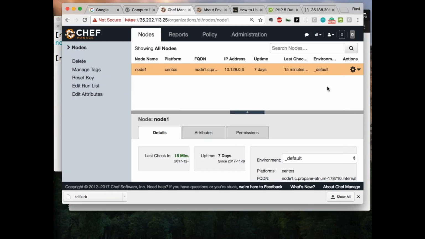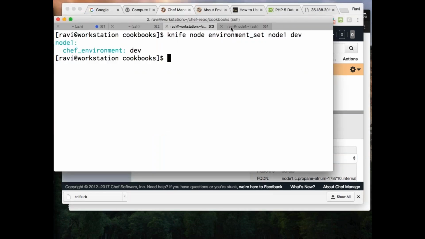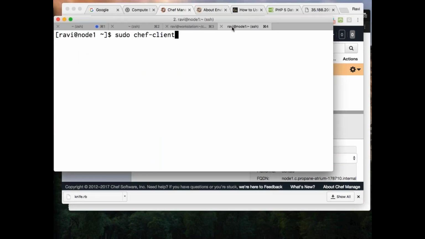If I go into this and do a refresh, it updated to my dev environment. Right? And currently I can see both. And let's say I'll go and I'll say sudo chef client.